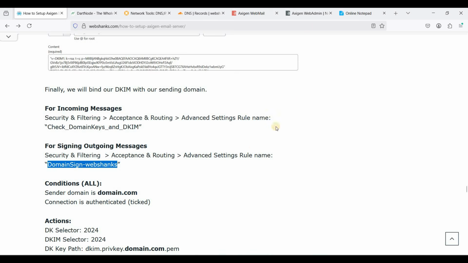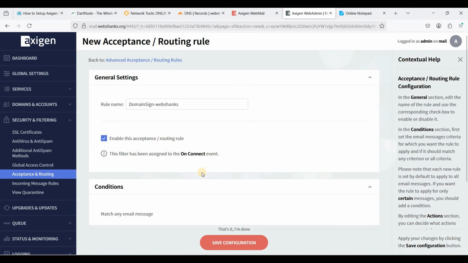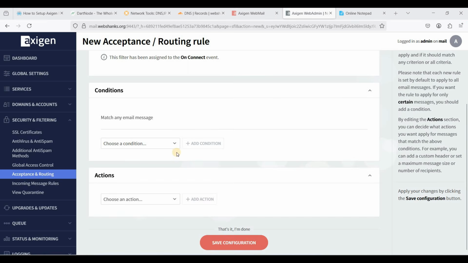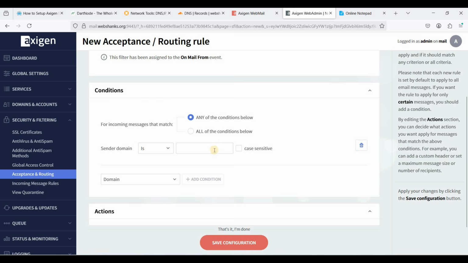Our conditions are all. Let's set a condition. Choose sender, let's add condition. That will be all of the conditions below. Our sender domain is webshanks.org,